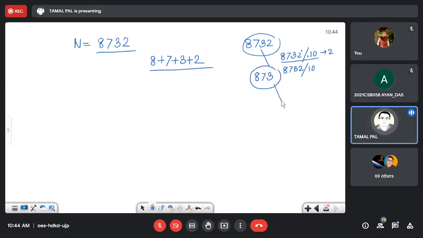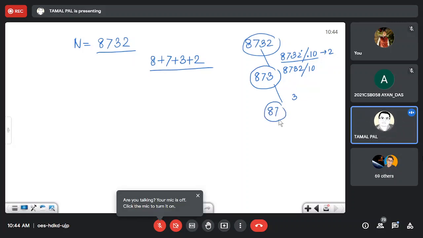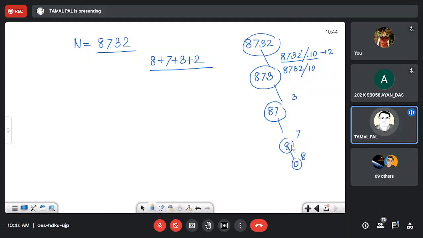You do a similar approach. You first extract 3 and then make it 87, then extract 7, make it 8, and then extract 8, make it 0. So until the number becomes 0, you have to run a loop. And you have to keep adding these remainders.